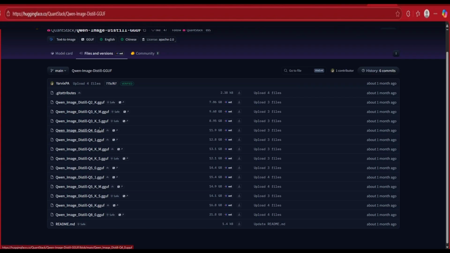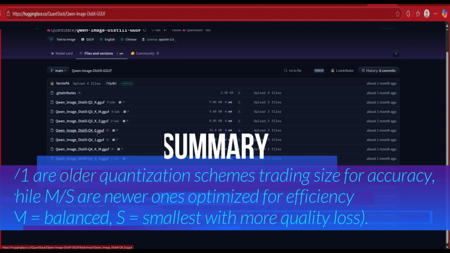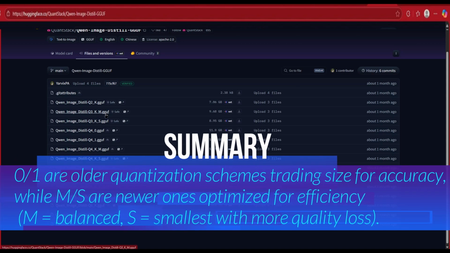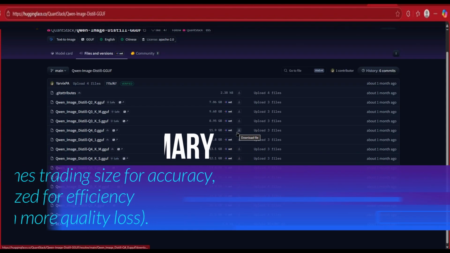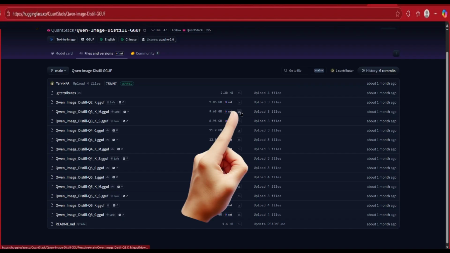But the reason why there's a difference between M and S and 0 and 1 is because it's a variant. So it's going to slightly vary between the M and the S. You can go ahead and experiment with them, although they're pretty big. They're about 12 gigabytes each. And then when you find the model you want, Q2 being the fastest, Q8 being the closest to the original. So I got KM here, so I right clicked on this where the down arrow is,